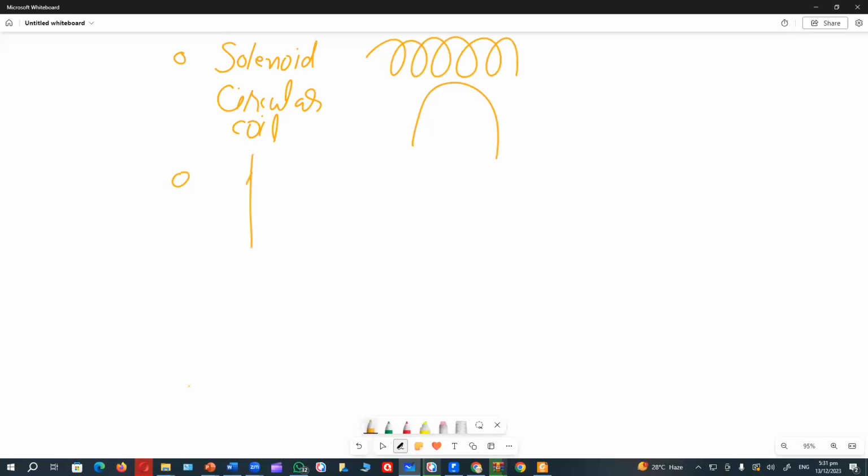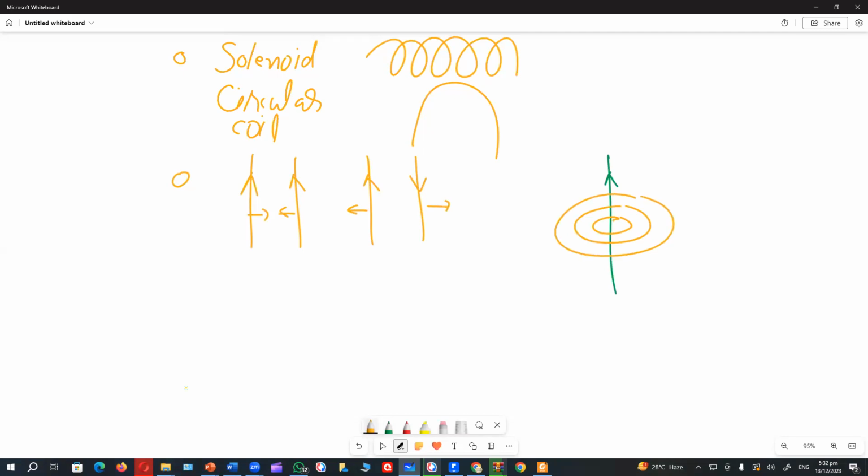Two wires having currents in the same direction will attract each other. Two wires having current in opposite direction will repel each other. We have a secondary concept here, which is also very important: when a wire is straight, the magnetic field is circular. Separation between the circles increases, and this is the place where you introduce Fleming's